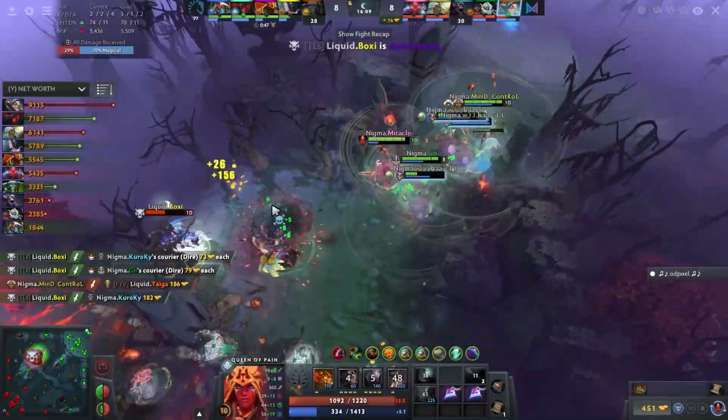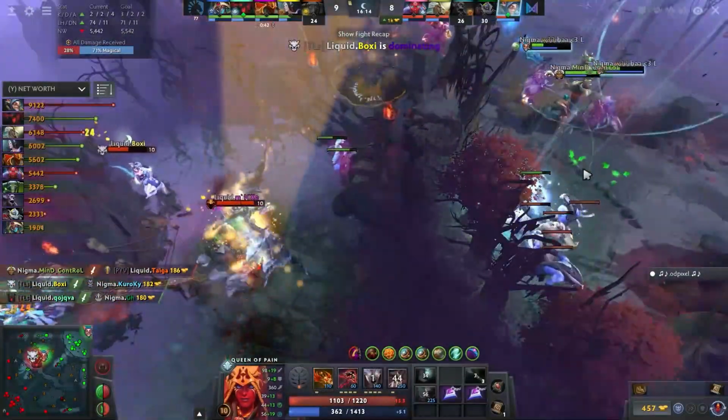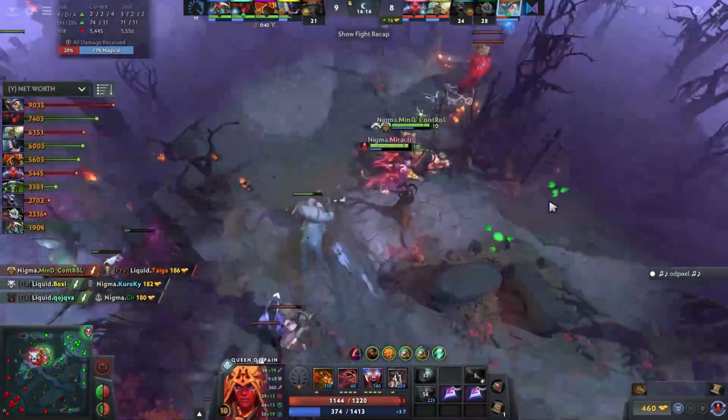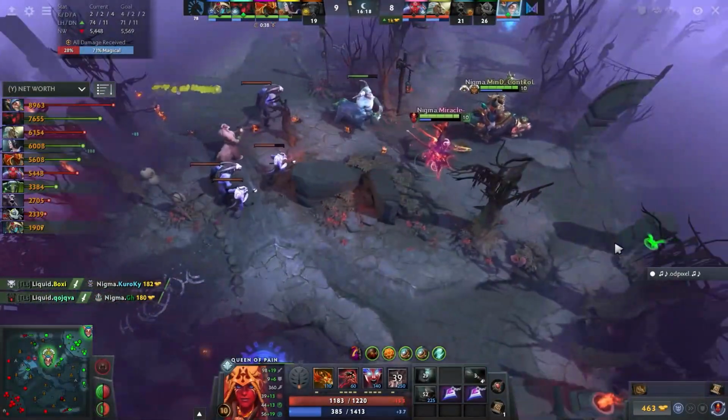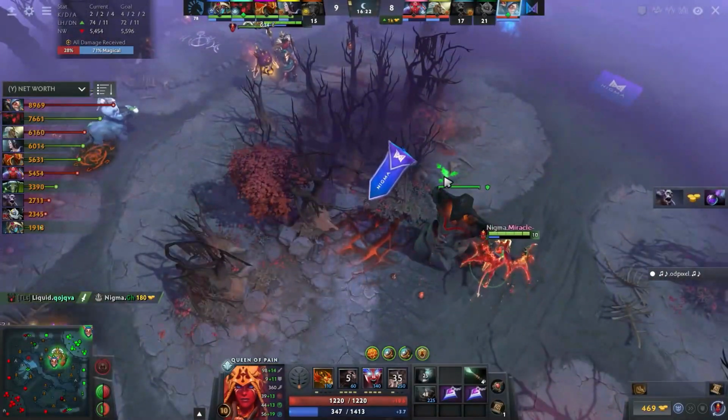They have to back off, Tiger will fall, Boxy jumps in from the back, he's killed off Kuro, the Magnetize is continuing to tick them down. NIGMA has to escape, but they'll lose GH as well. Weehaw will manage to get out of there, Miracle and Mind Control still on the retreat. They will also get away, but the jump...